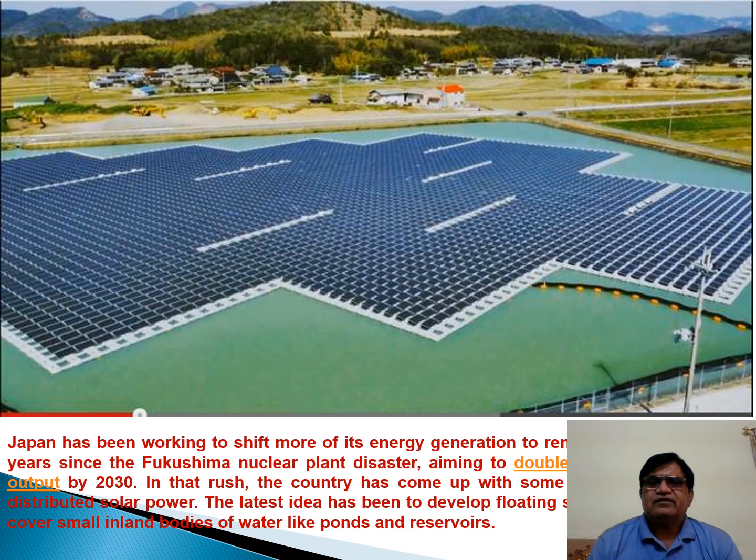But still, as far as the current scenario is concerned, the major leaders of solar power generation are China and India, and certainly the way the solar power projects are getting popularity in India, we will be on the top of the solar power projects in the world, or we will be the global leader as far as